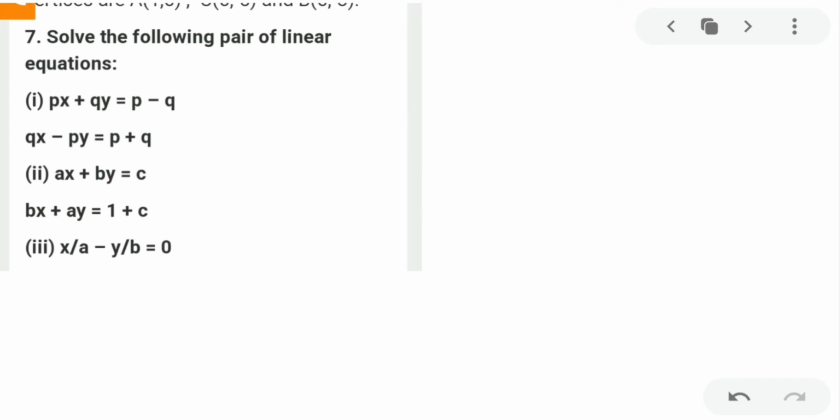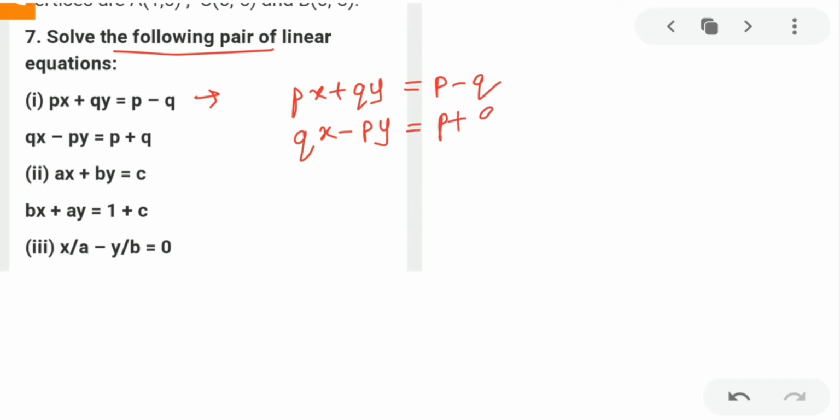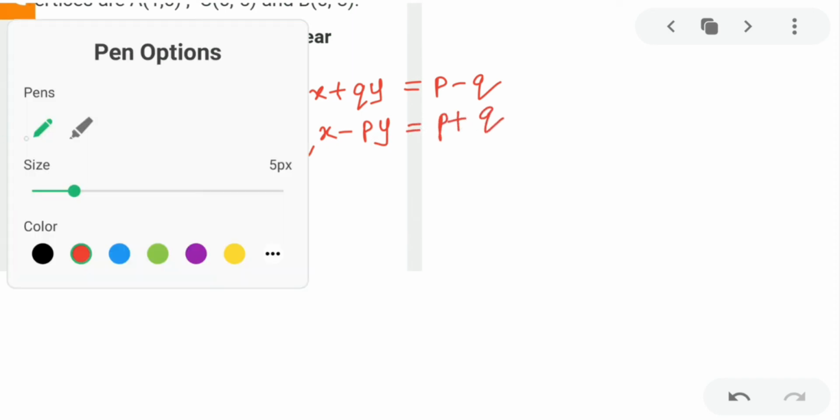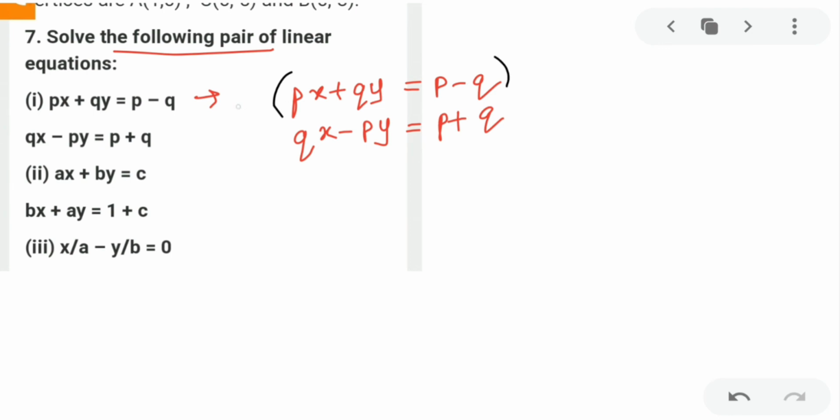Let's jump on to next. Your first problem here is you have to solve the pair of linear equations. Your first equation is px plus qy is equal to p minus q. And your next equation is qx minus py is equal to p plus q. Now my dear kids, if I multiply my first equation with p and second equation with q, what will be